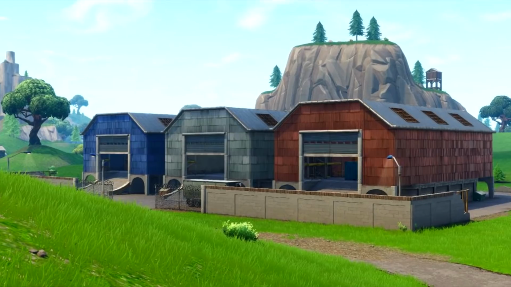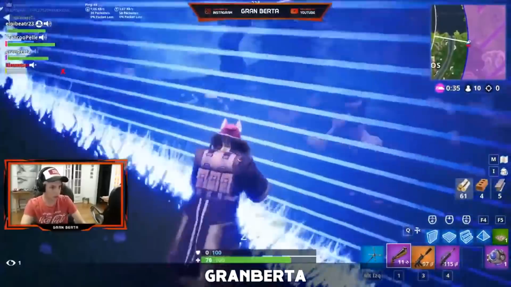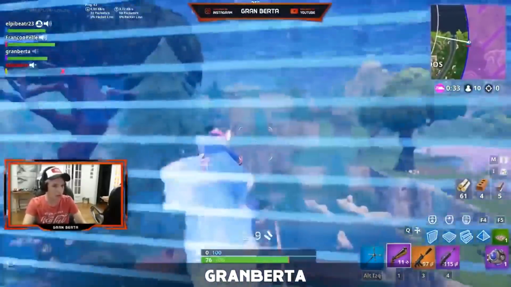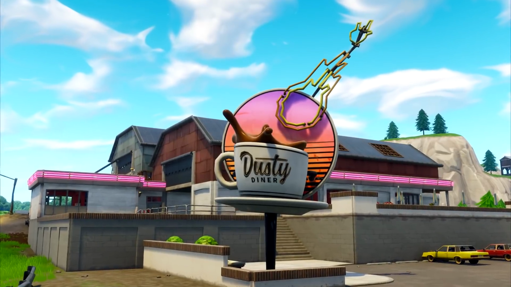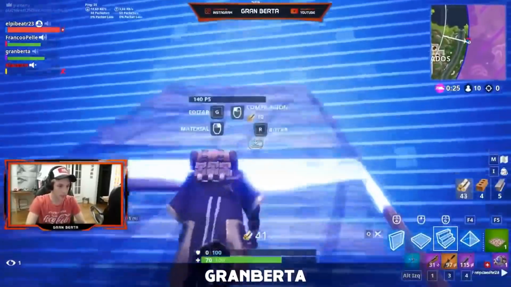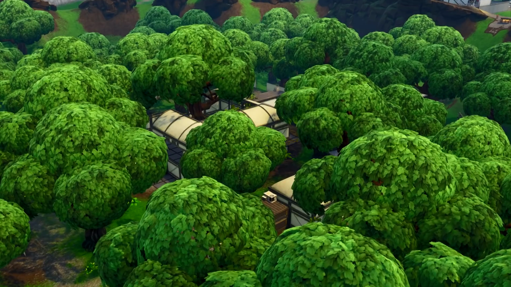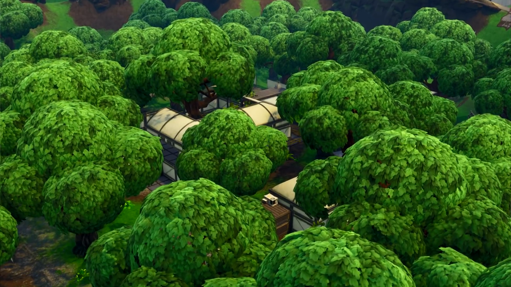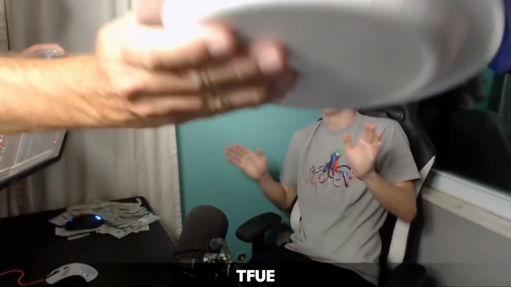As you know, Dusty Depot got destroyed by the meteor at the start of Season 4. It was at the center of the map, but now the meteor crater has replaced most of it. All that is left is the Dusty Diner, which is now a pretty unpopular landing spot. Now that we are in Season 6, nobody goes to the crater anymore. It's just a bunch of trees and the loot is quite terrible. If you ever go there, the trees make the build fights difficult, and it's just overall a bad place to